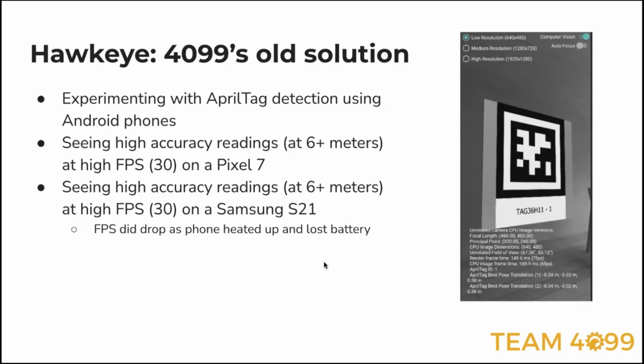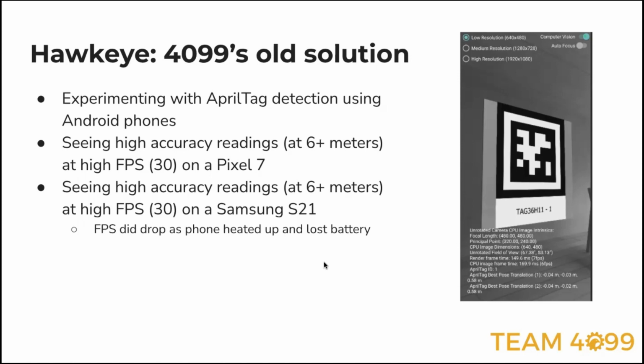The whole goal of this is not really to show the feasibility of using an Android phone within an actual FRC match. It is more to show that the AprilTag detection algorithm is a lot easier to implement on different devices compared to retroreflective tape. It's a lot more open-box and a lot more industry focused, so there are a lot more tools out there that you can apply within your FRC robot to make AprilTag